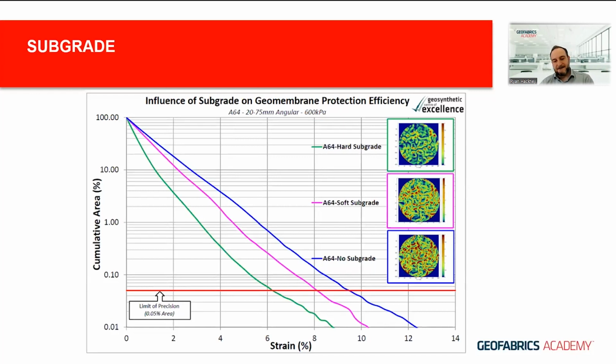So when we talk about not including subgrade in the test and doing the traditional methodology, this is why we know it's a conservative method, because you're applying that full pressure on the membrane. It's got no support. It's pushing into all those indentations. You record a higher level of strain. So if you want that inbuilt level of conservatism, factor of safety, we'll do the test with no subgrade. But if we get into very site specifics and really wanting to understand the performance of the full profile, we'll include the subgrade and again, the importance of conditioning it to the correct